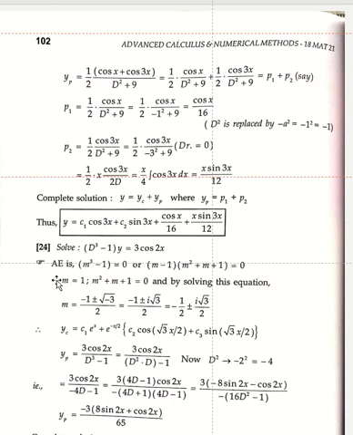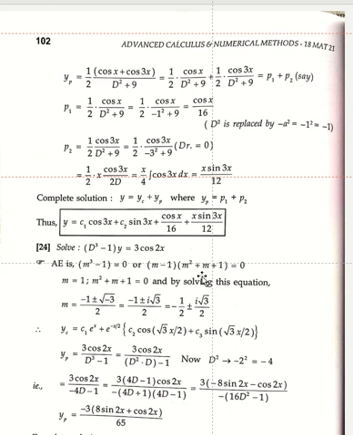Here this is in the form of a cube minus b cube, where a is equal to m and b is equal to 1. Therefore, using the formula a cube minus b cube equals (a minus b) into (a square plus b square plus ab), a square is m square, b square is 1, and a into b is m into 1, which is m. Therefore that is equal to 0. Here m minus 1 is equal to 0, therefore m is equal to plus 1.